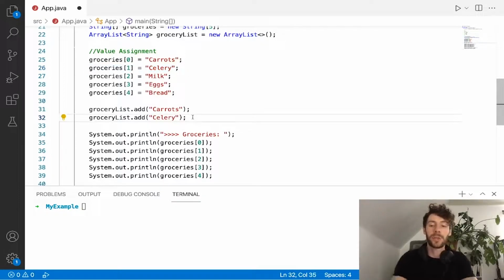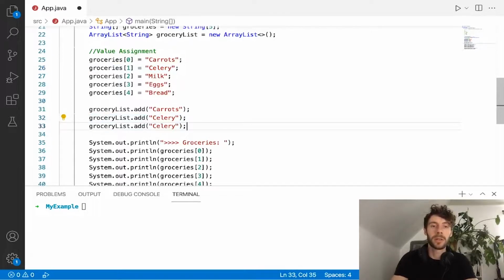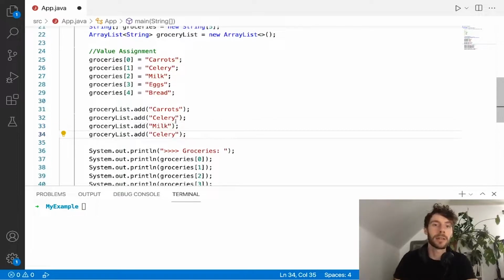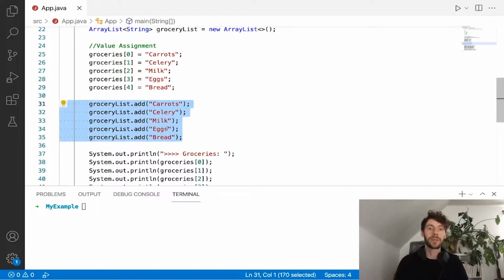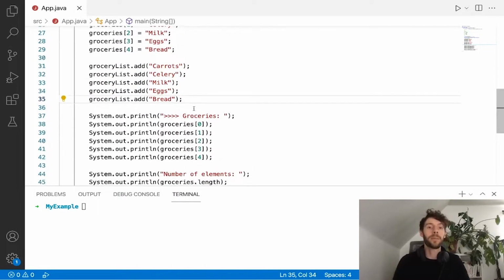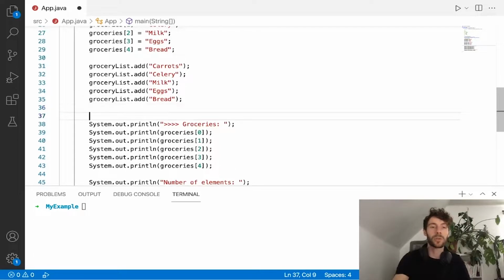And so let's go through and just assign our values here. And do this quickly. And there we have it. So now we've populated our array list with our values. We can also print them out. So we will go to this next piece and we will say